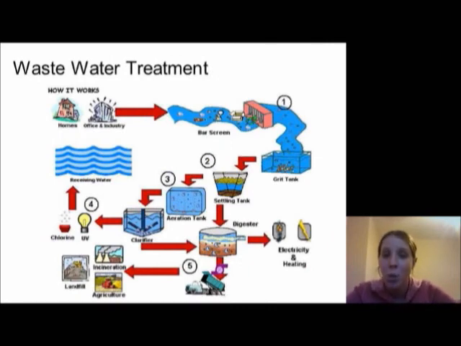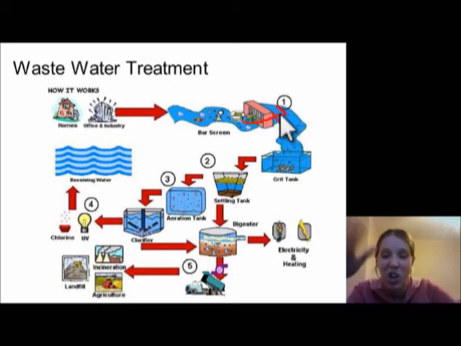Now we also want to have a way to take our nasty, dirty water that's either going down our toilet or going down our shower or down our kitchen sink and be able to put it back out into the environment, because otherwise, as we saw in our demonstrations in class, we're going to start to run out of water. So what are some of the key parts of wastewater treatment, of treating our water so we can put it back outside? Well, one important step is screening, where the liquids are able to pass through the screen, but big